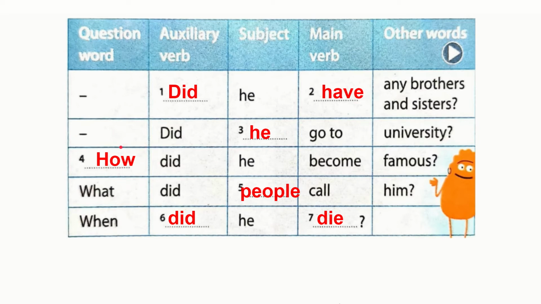For questions, there are also questions starting with WH words such as how, when, what, why, who, and where. Okay, the 5W, 1H. Let's look at the sentence. The starting will be, how did he become famous? So it's the same. In front you also have did already. So the verb you use the base form, the original word, become. How did he become famous? What did people call him? When did he die?